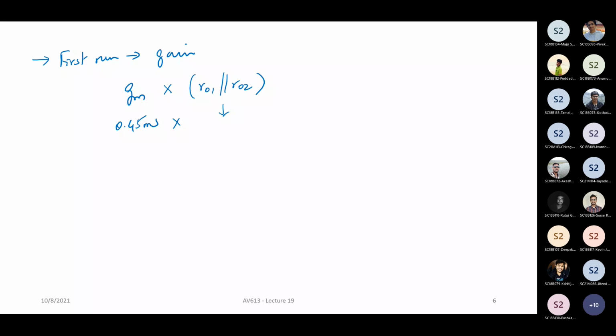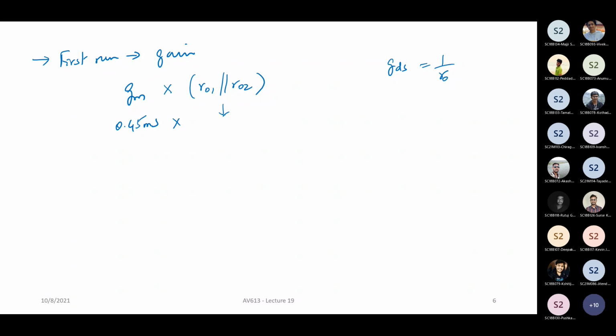By doing a DC operating point, you will see some GDS values. GDS is nothing but 1 by R0. Calculate the R0. How much R0 are you having? How much GM are you having? Are you falling short of your gain? And in your split up of gain between GM and R0, which one is satisfying and which one is not satisfying?